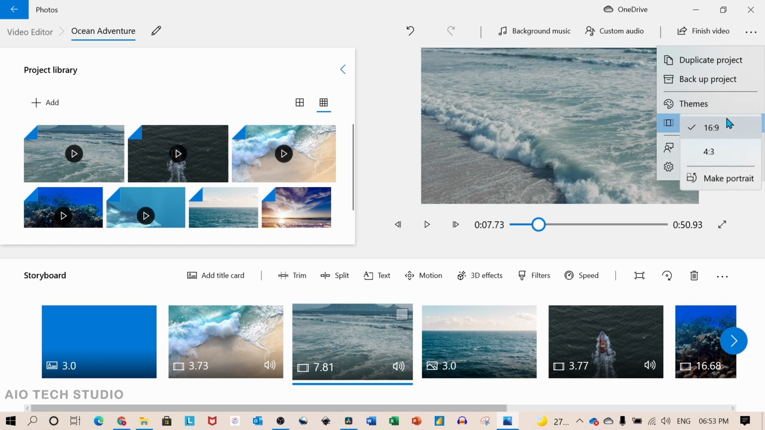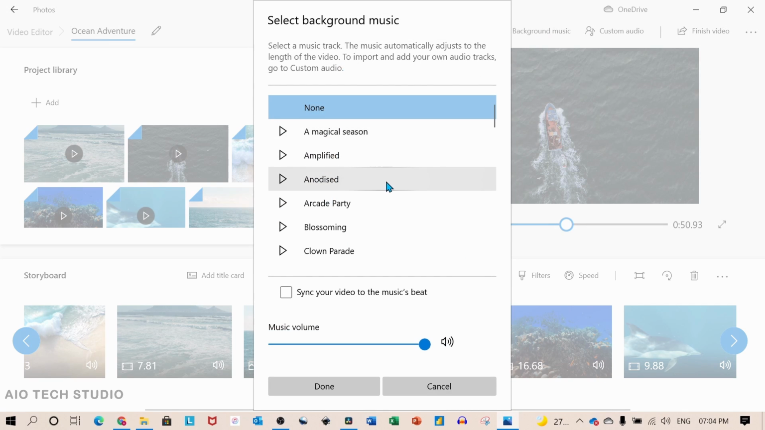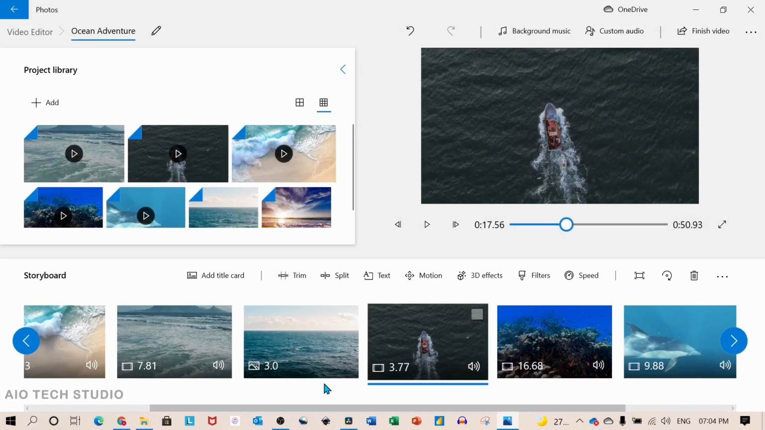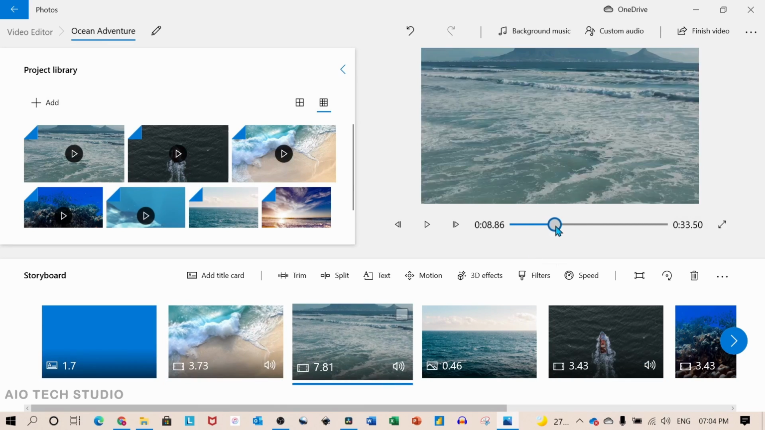Below the themes is the aspect ratio. You can choose the aspect ratio. Also you can make your project portrait which is suitable for mobile view. And the final step of the project will be to add a background music or custom audio. We'll go with the background music and select any of the music. You also have the option to sync your video with the music beat and click on done. You can now preview your project,